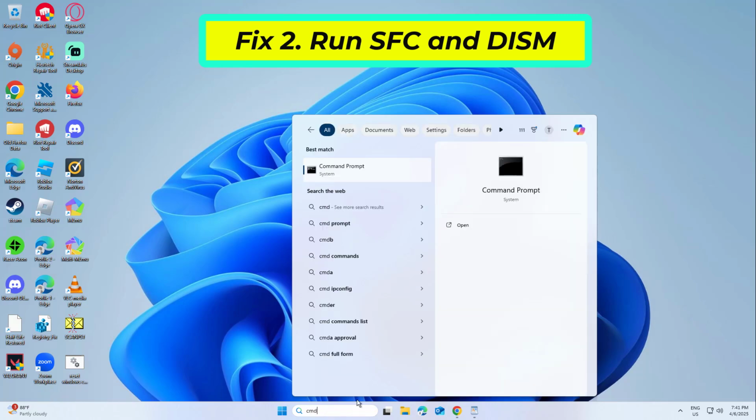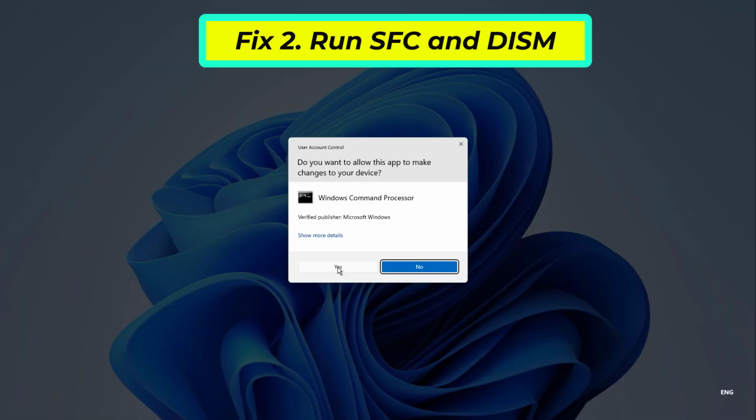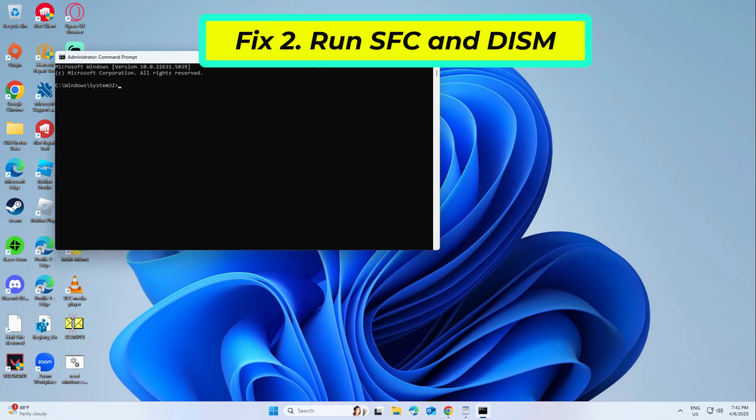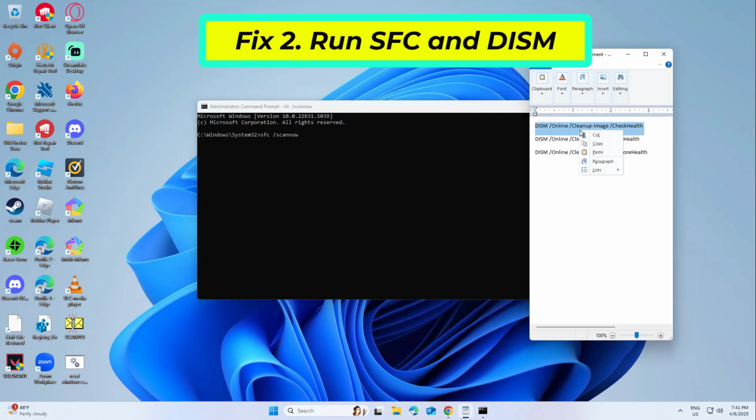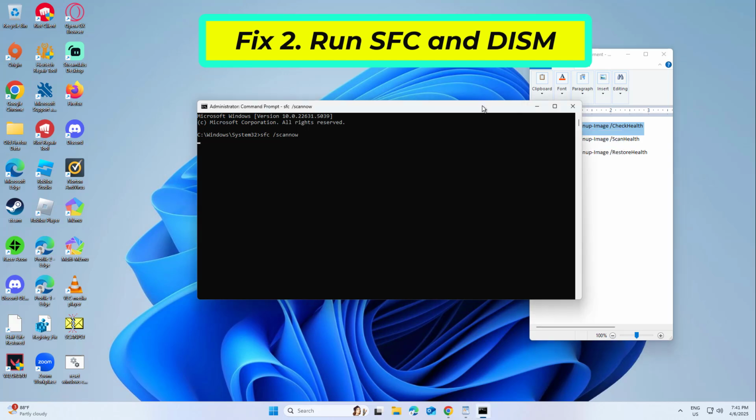System File Checker, SFC, is a built-in Windows tool that can find and fix system file corruption, including DLL files. The DISM tool can address issues that SFC can't, so you should run them both. Copy and paste the command that you will find in the description of this video. After entering all commands, restart your computer and try again and your problem should be fixed. If that didn't work,